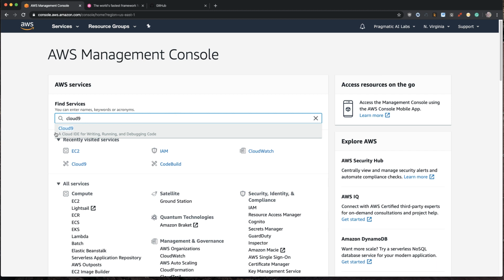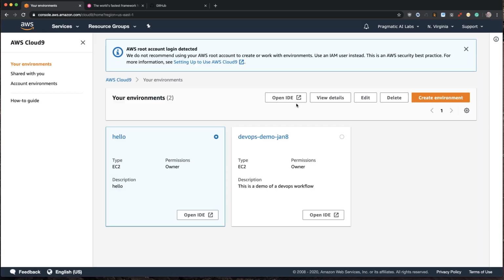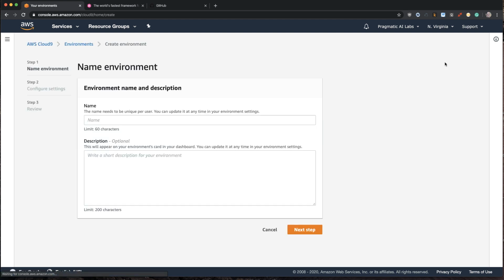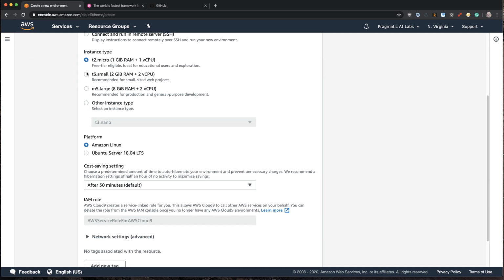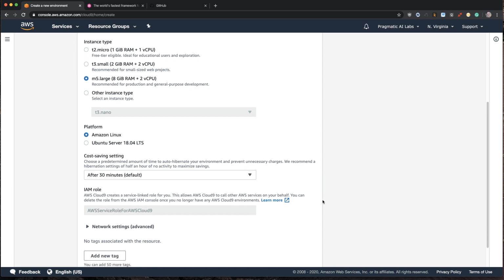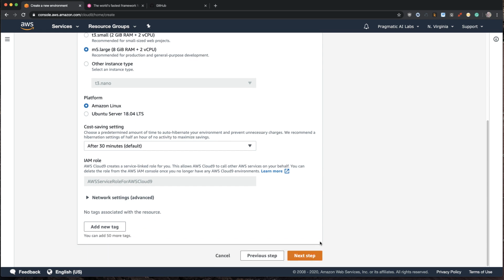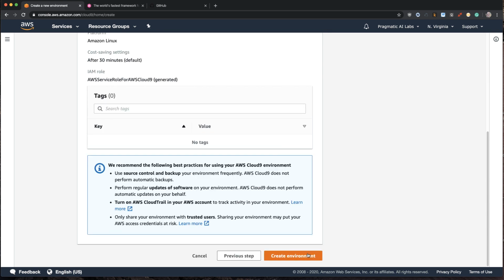And I'm going to go to the console here, find Cloud9. And I'm going to create a new workspace here. So I'm going to say Hugo deploy. Go ahead and set this up. And then from here, so that it'll be a little bit faster, I'm going to use a larger instance, but I'm going to leave everything default here and go ahead to go to the next step and create this